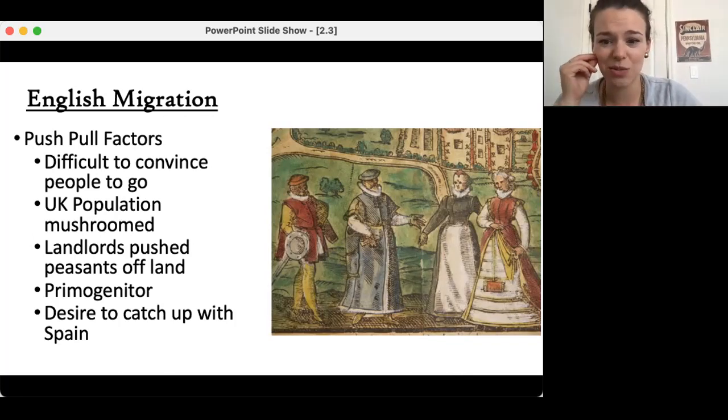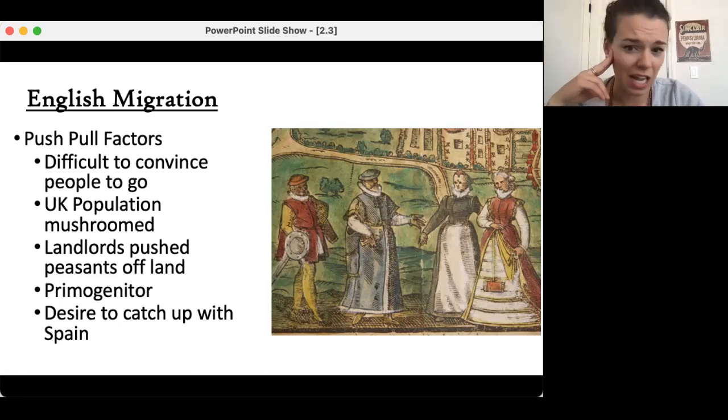Well, at first, it was difficult to convince people to go. The British population had mushroomed thanks to new foods from the American colonies, right? We have fewer children dying. We have more babies being carried to term. It means population is going up. Fewer people are starving to death. This is ultimately a good thing, but it's going to create a lot of political and social pressure,